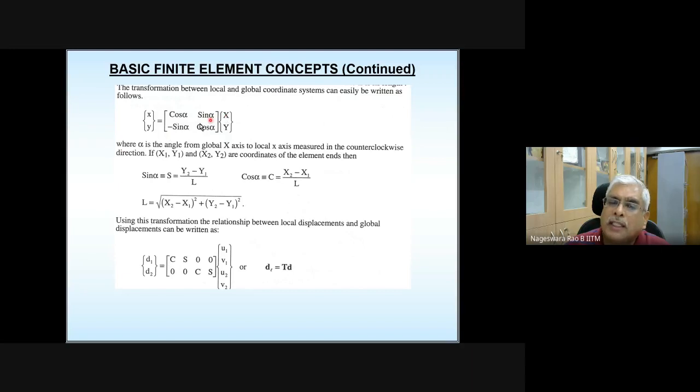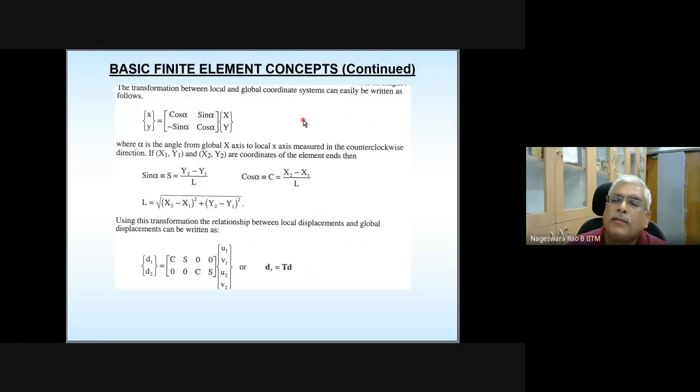Anyway, here it is written in terms of sine instead of cosine. Wherever cosine of 90 plus alpha and cosine of 90 minus alpha appear, they are replaced with minus sine alpha and plus sine alpha. Anyway, that is how you get this relation. One more thing is, displacements and forces also get transformed from the local coordinate system to the global coordinate system in the same manner. The transformation matrix for displacement and forces is also going to be the same. That you need to keep in mind.